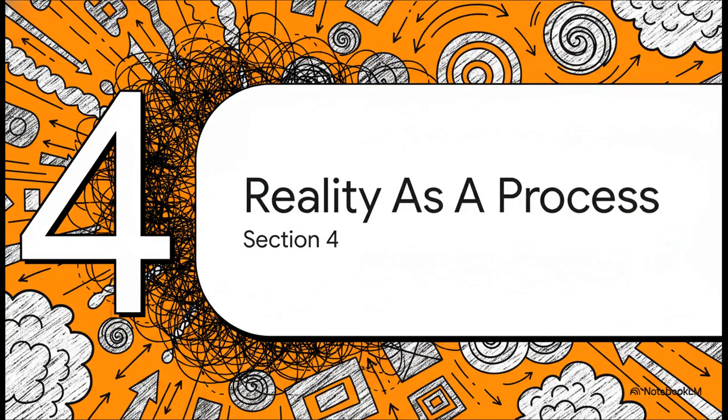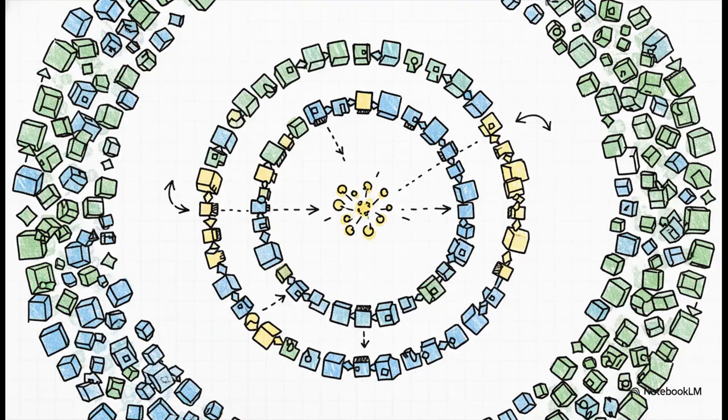Let's move to Section 4, Reality as a Process, and see how this builds into our final worldview. We've gone from interacting patterns to spontaneous structure, and now we need to initiate our final zoom out to redefine the entirety of reality itself. As we zoom out from the micro-level interactions to the macro-level universe, we see this incredible nesting effect. Simple interactions multiply to create incredibly complex structures, which then interact with each other to create even more complex structures. It's systems within systems, patterns within patterns.